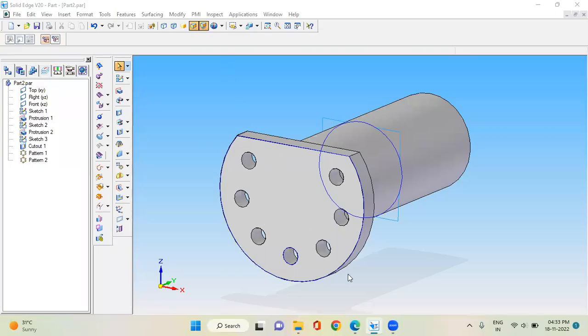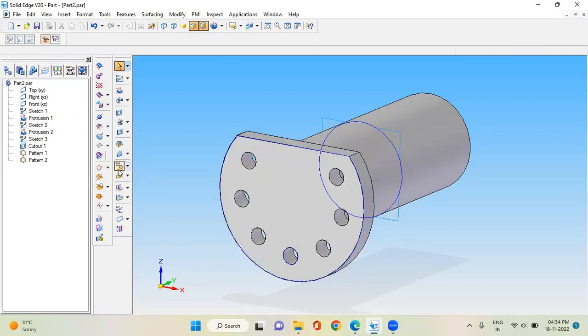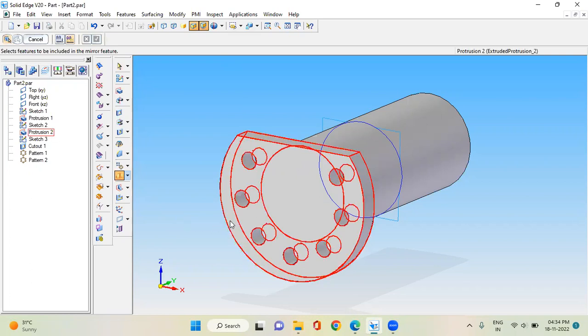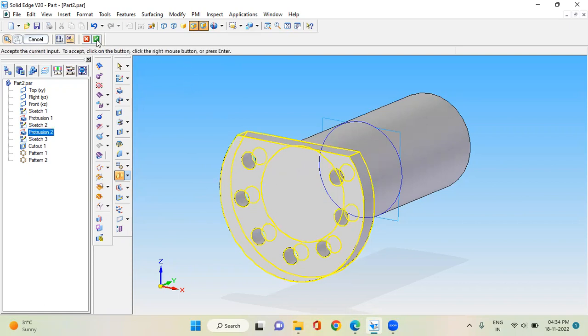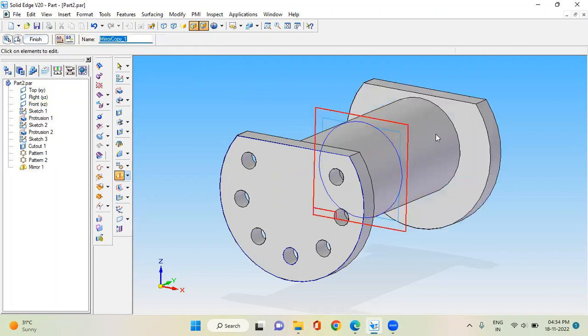After this, I need the same image or the same profile on the other side as well. See here and here, both sides are there. This is 25, this is 25. So let me mirror this, the mirror command, mirror copy feature. We want to mirror this entire thing, and you can do here mirror copy feature smart. Okay, right. And which plane? This is the plane that has got mirrored. Then I want to mirror the